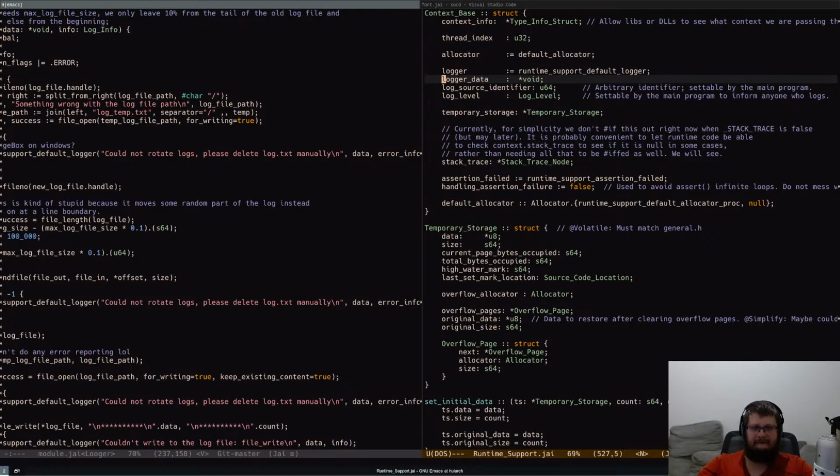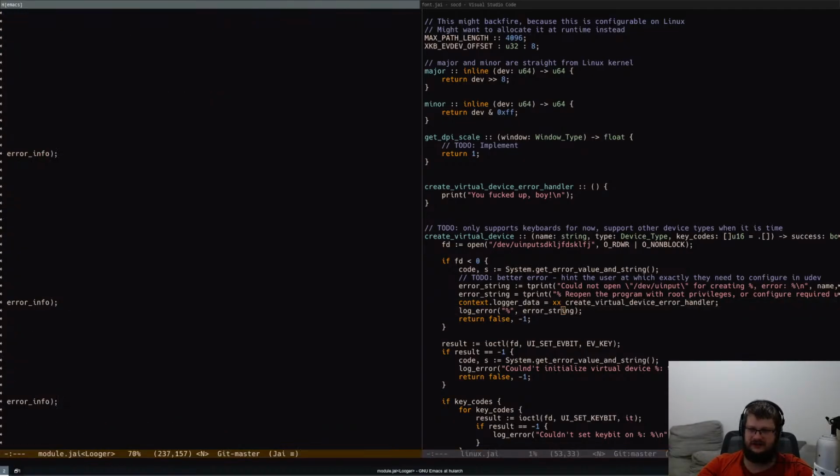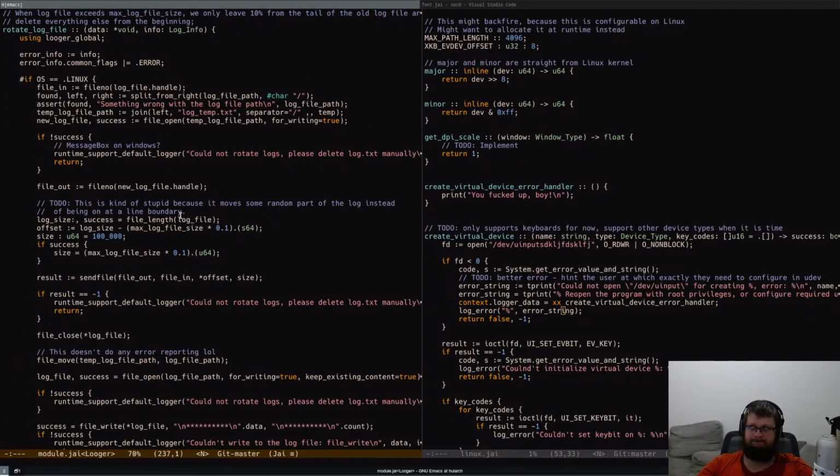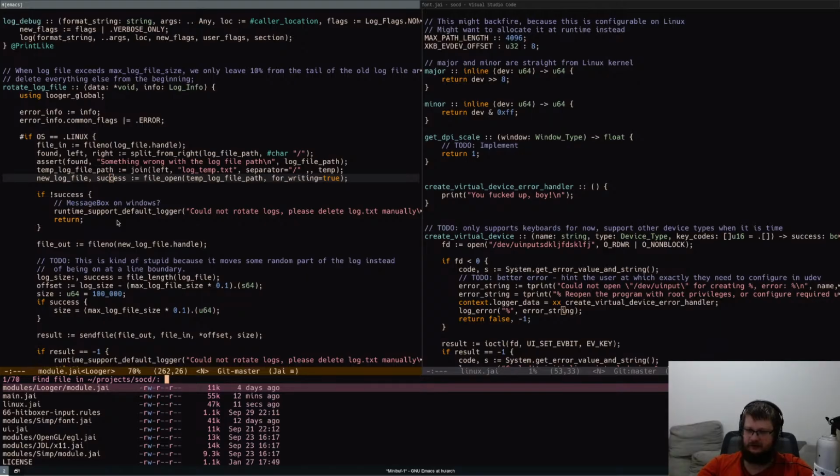Yeah, logger data. So you want to say set logger data equals to this. Right. And I guess we need to cast it to a void pointer. Then we call this, and then this gets serialized into log string, deserialized, and when we finally go to